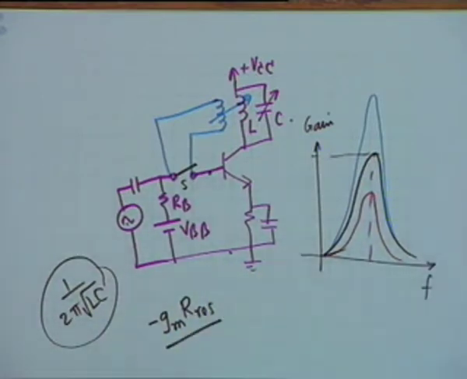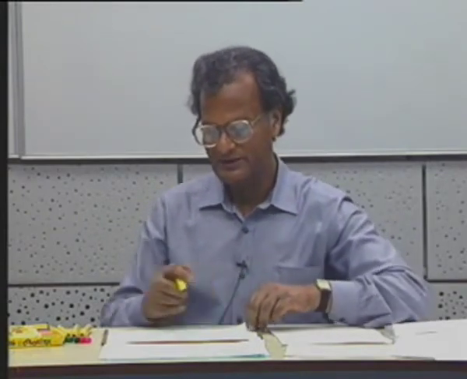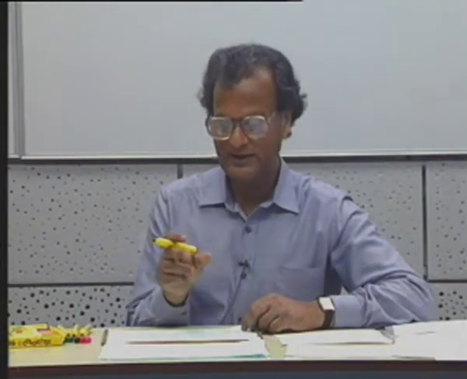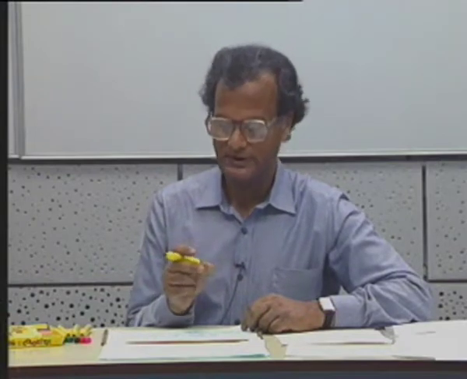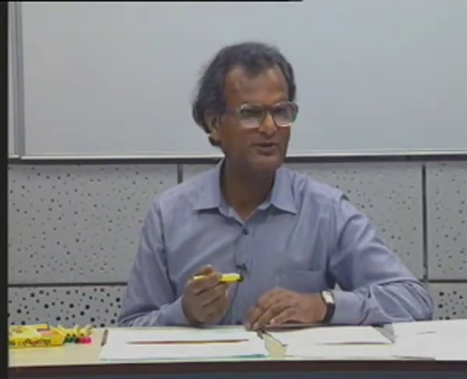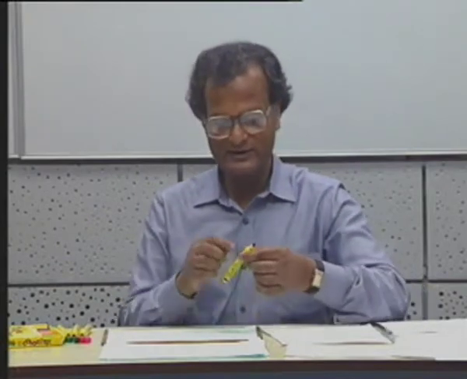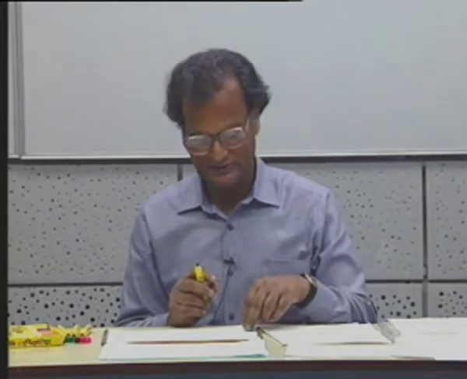So, a very simple circuit can be wired up in the laboratory to demonstrate the effect of feedback. Positive feedback increases the gain, negative feedback decreases the gain. I must mention that in order that the frequency of resonance remains the same, the coupling between the two must be loose. If they are brought very close to each other, then the effective inductance changes because of the mutual inductance. So, it must be kept loose, but it can be very easily demonstrated that if you wind the coil in the reverse direction, then you get negative feedback, a lower amount of gain as compared to if you wind the coil in the right direction.